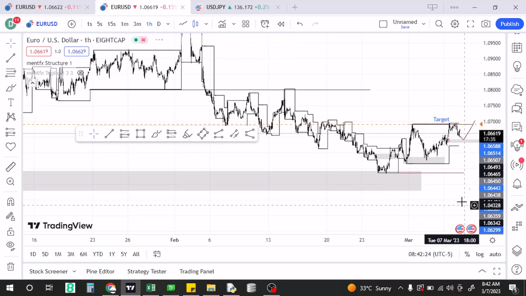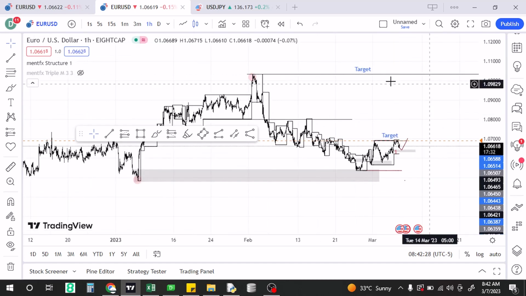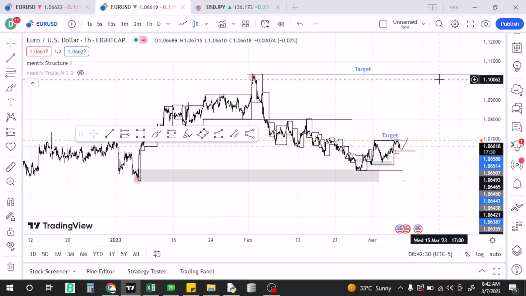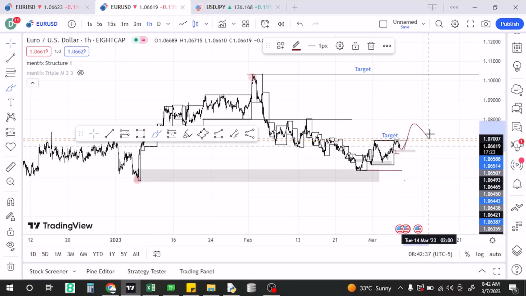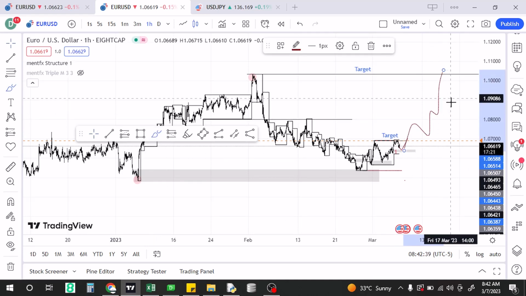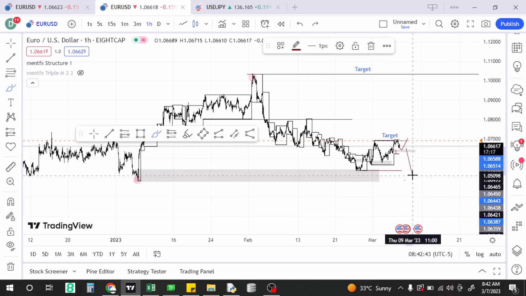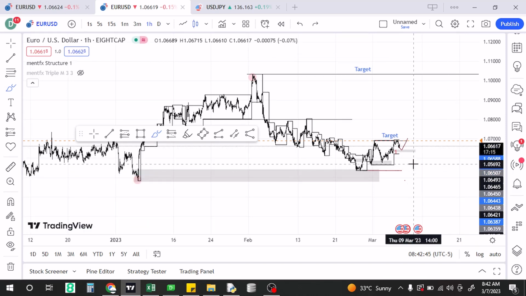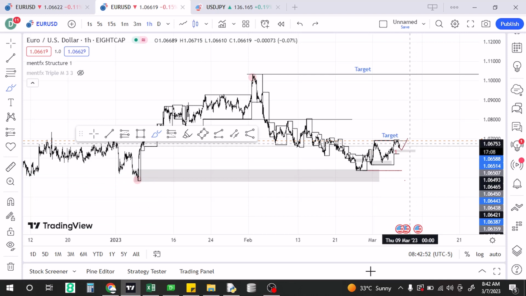Obviously, we put another target up here. Doesn't mean the market is going to go there. I don't even expect the market to go there. But if this market ends up giving me a good reason to buy into the upside, I would rather take my chances buying this market than looking for every single way to short it, given that the market has proven shorts wrong by breaking structures multiple times and still staying above the relevant structure.